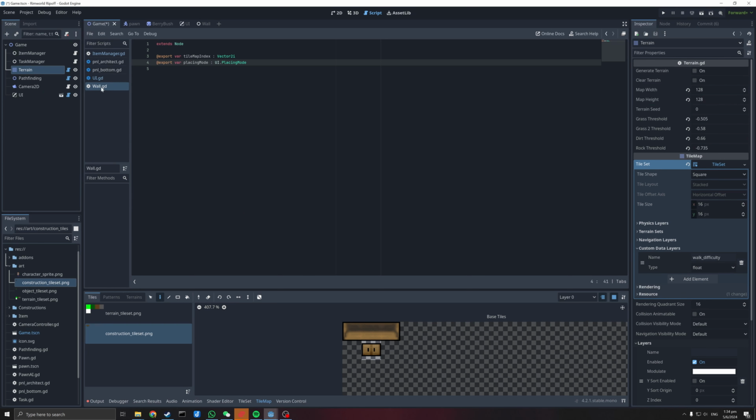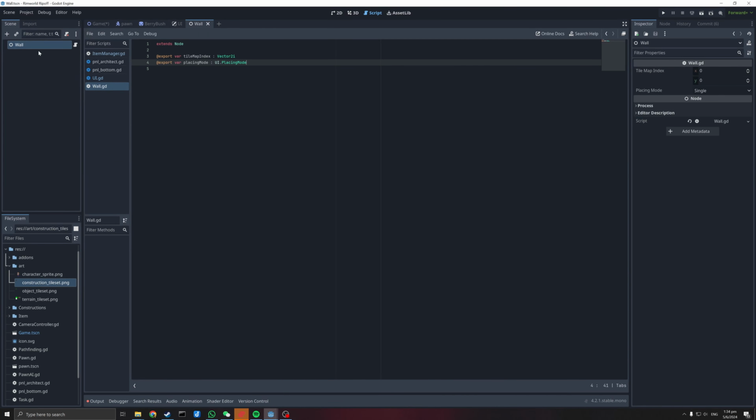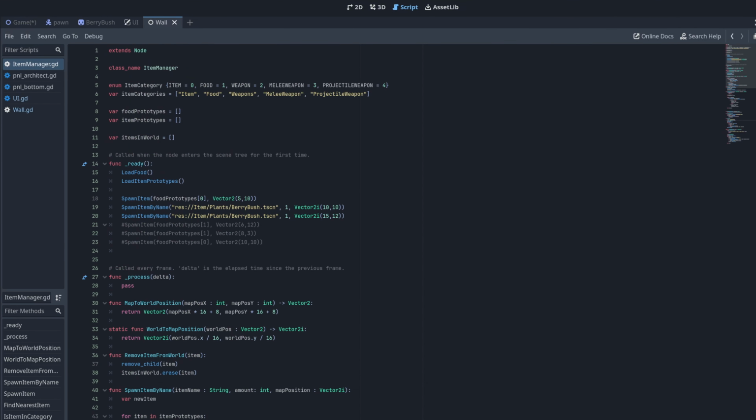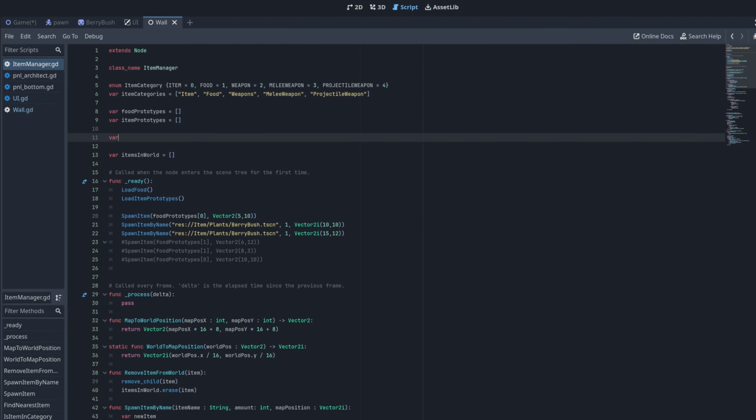All right, so go back to my wall. Oh, yes. So now we go back to the wall here, and we can choose here, X1, Y0, and placing mode is going to be row. All right, so that's my first one. It's in my list. We're going to go to our item manager. And just like we have a list of item prototypes, we're going to go